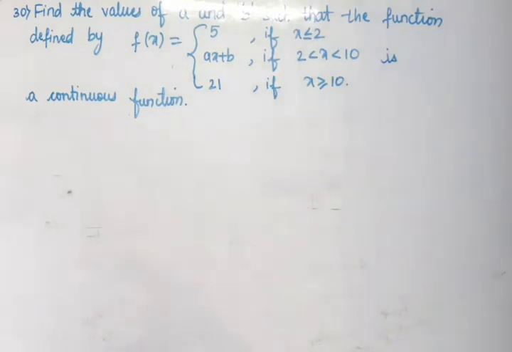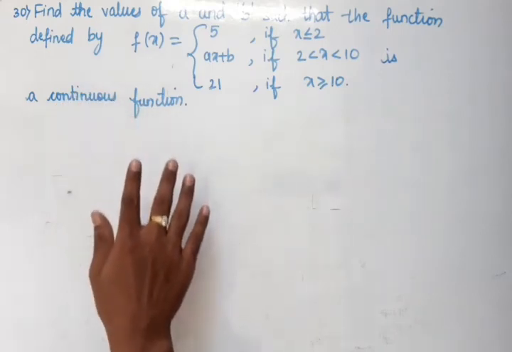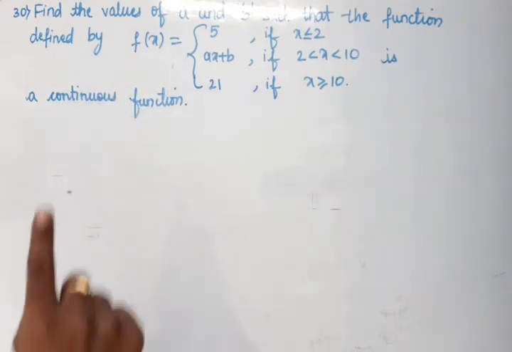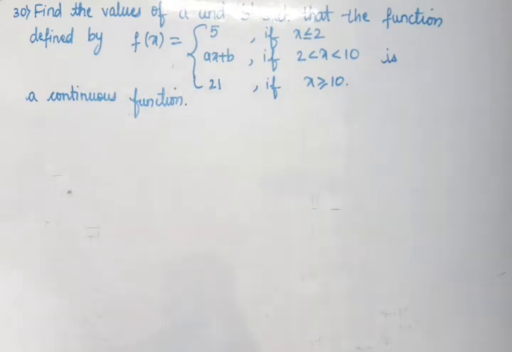So here you need to consider the function to be continuous. As in the case of previous examples, the point is not mentioned. The function is continuous, that means a function f of x is continuous. If they only mention that the function is continuous, it means that the function is continuous at all the real points.